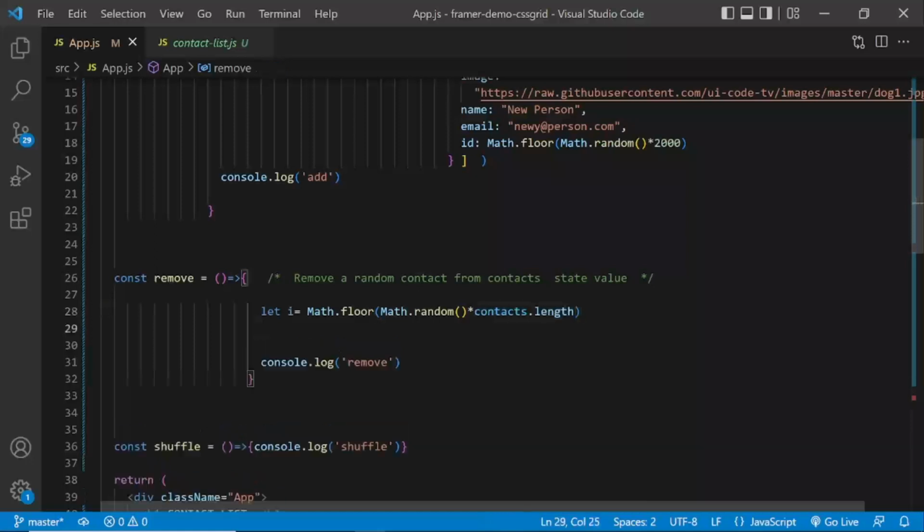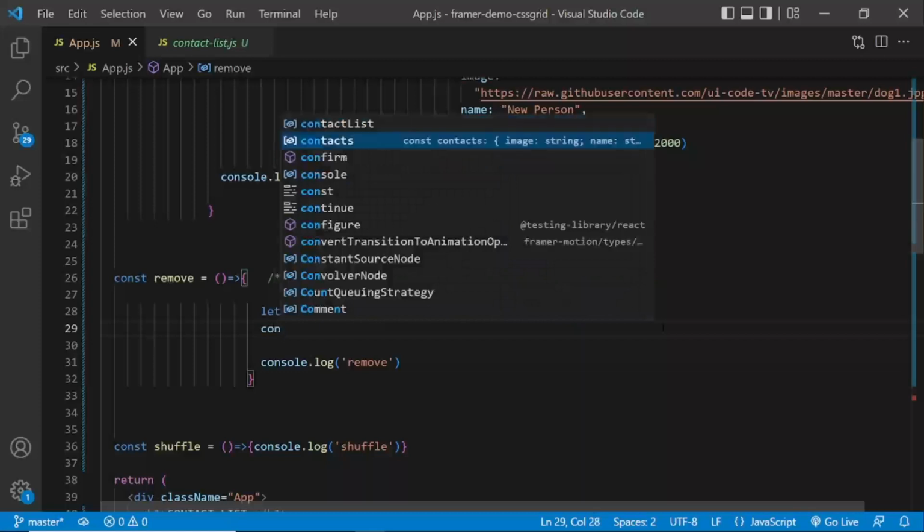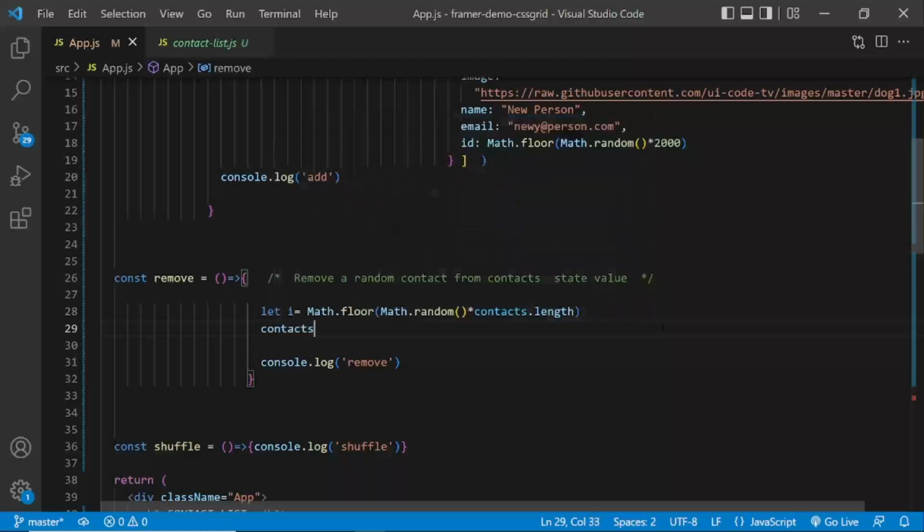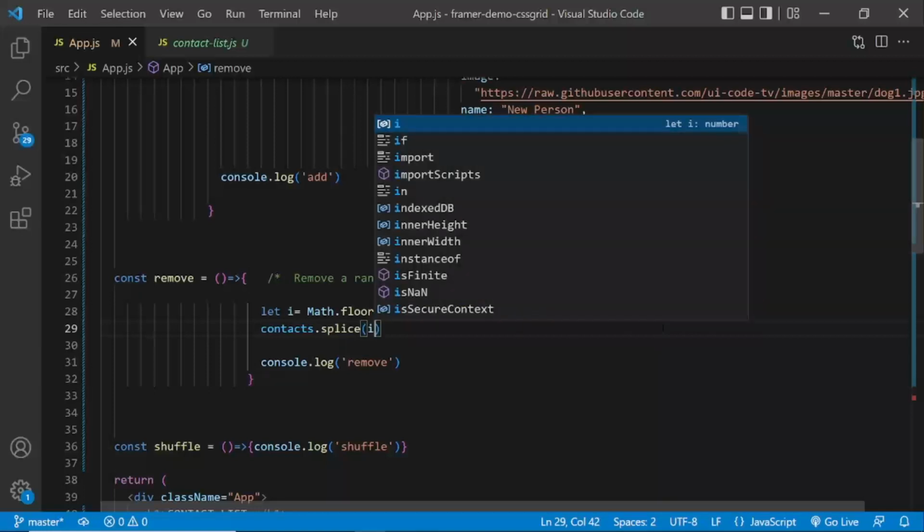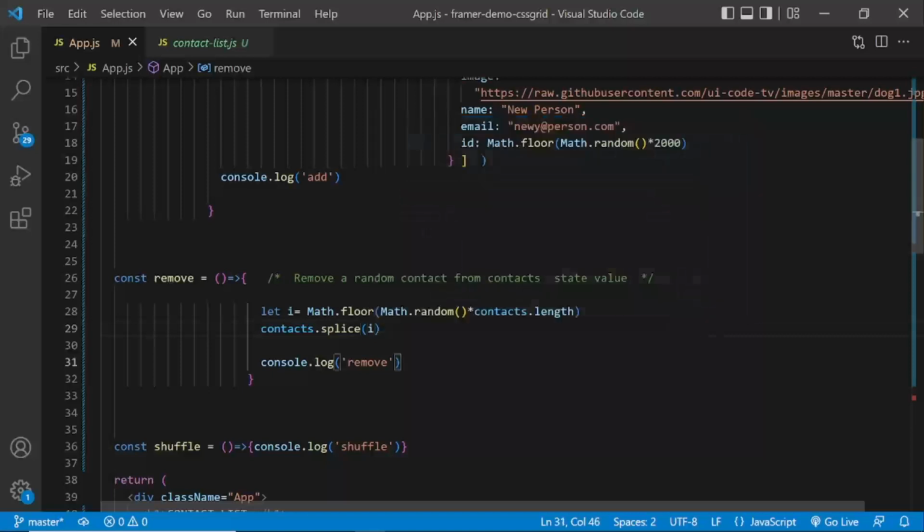So on the next line, I'm going to say contacts, and we're going to use a splice command. Open close brackets, and we're going to reference the i item, which is the random item.